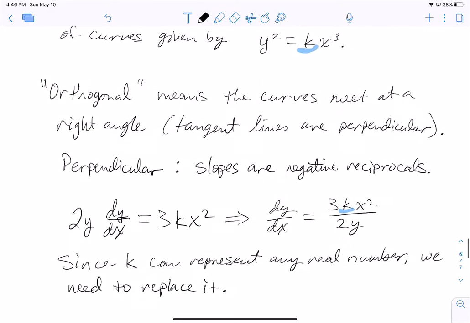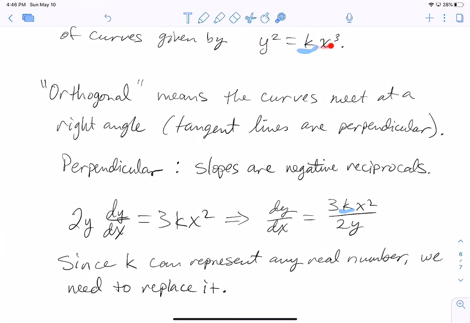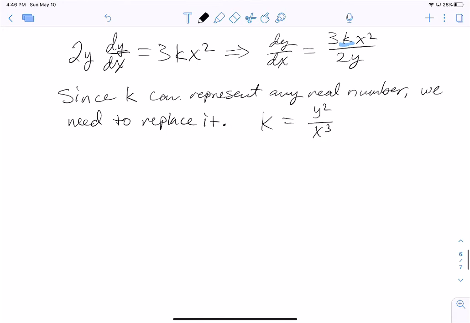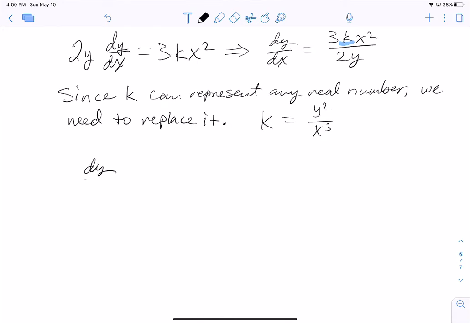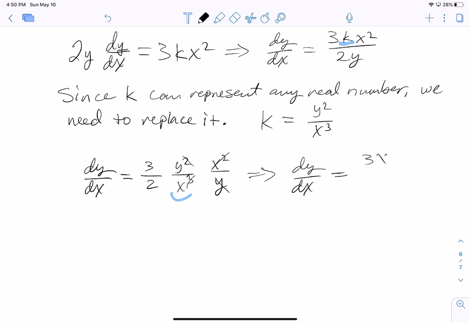Now, going back to our original equation, since y squared equals kx cubed, it follows that k is equal to y squared over x cubed, and we can replace that in the derivative. And when we do, we end up with dy/dx equal to 3/2 times y squared over x cubed, that was our k, times x squared over y. Simplifying, we can divide out one factor of y and two factors of x, and so we get that dy/dx in terms only of x and y is 3y